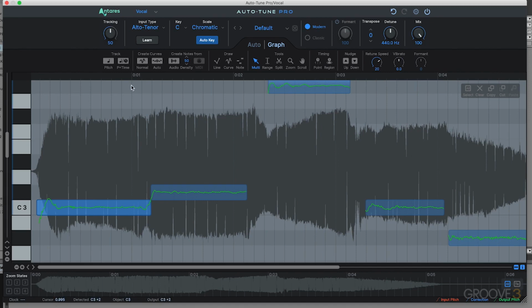Next, we have the detected pitch, which is going to show the detected pitch of my audio at the current cursor position in the main graph. Right now you can see where this is set. It's C3, -2, letting me know exactly where my cursor is set. If I was to move this around, you can see that that's now set to C3, depending on where we